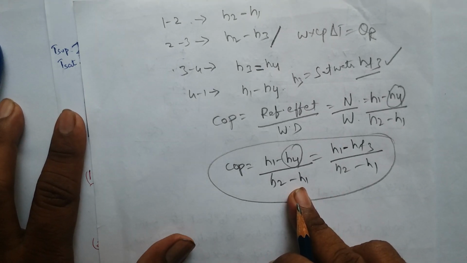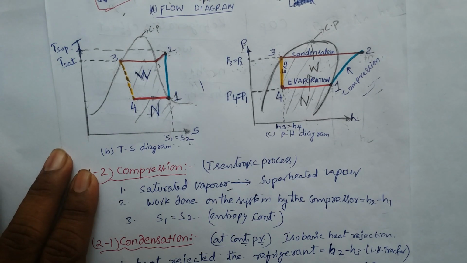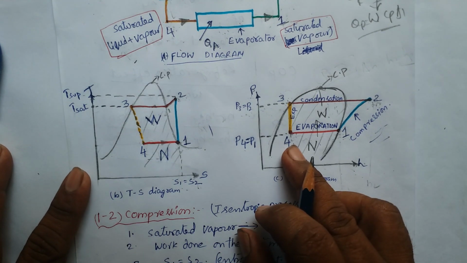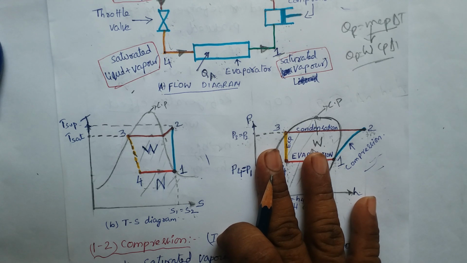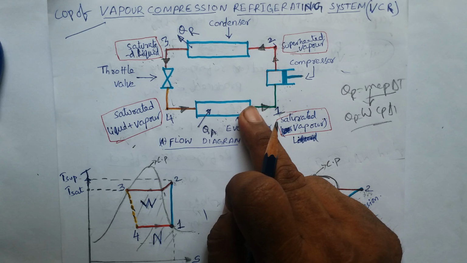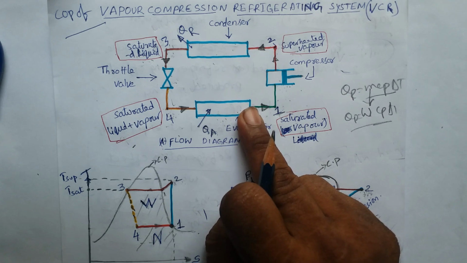Okay guys, I hope you understand well. On this topic, if you have any doubts, raise them in the comment section and I will reply. In the next video on the VCR system, I will practically show the compressor, condenser, expansion device and evaporator, and how they are connected to each other in a domestic refrigerator.